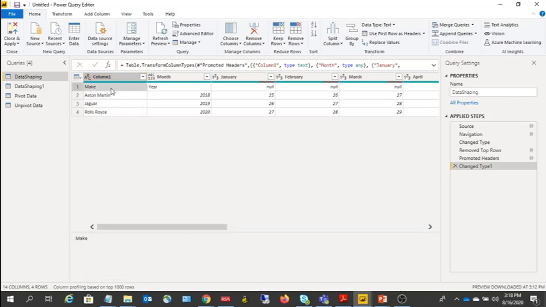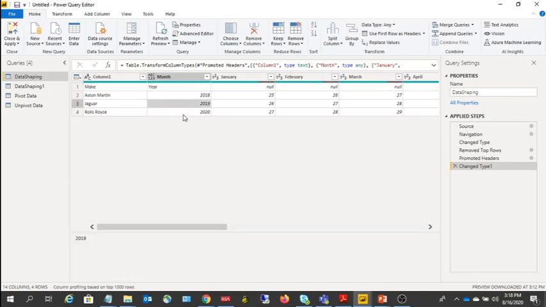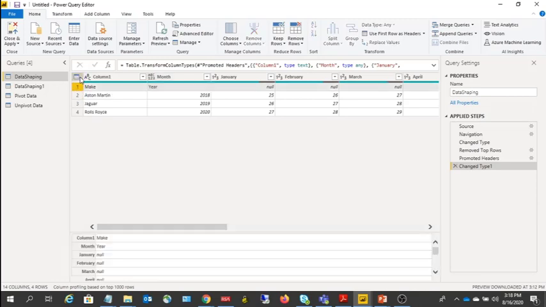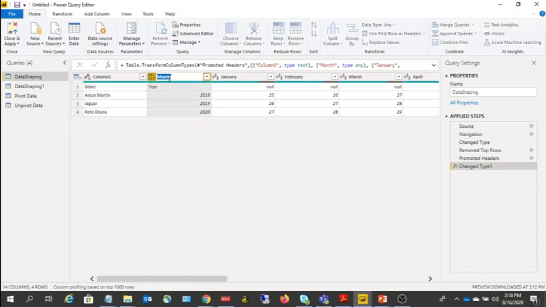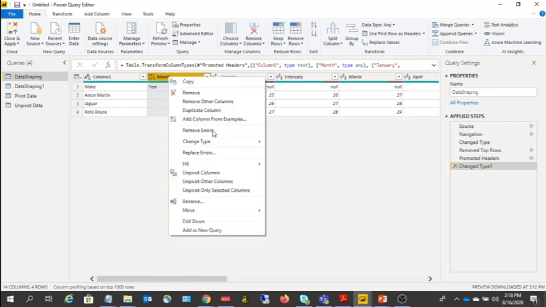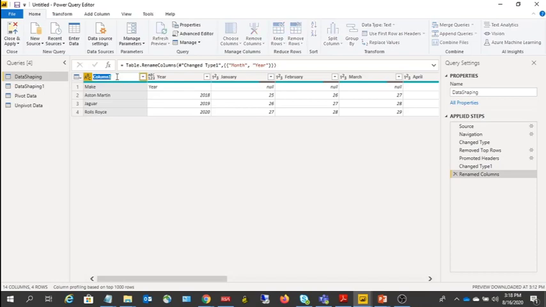But now if you observe here, again these are fine, but if you come to the first row, 2018, 19, 20, they are the data, but the column names are not the months, that's supposed to be year, right? So what you can do, one more time, use first row as header, right? Or you can just rename, so that you'll also know how to rename the columns. You can rename the columns by right clicking and rename, or you can just double click on that column and rename it. You call it year, and then double click on this and you call it make, right? So that is one thing.